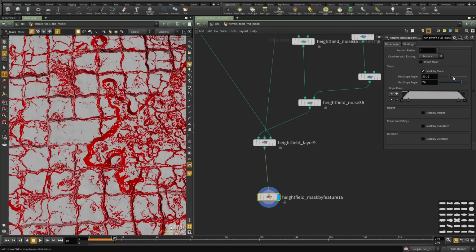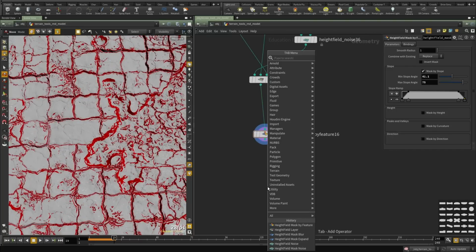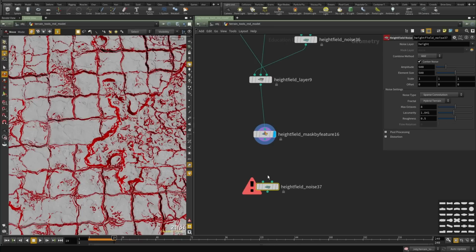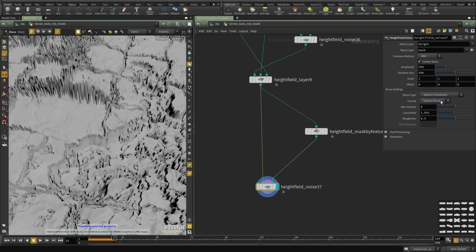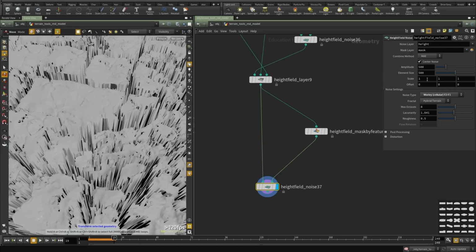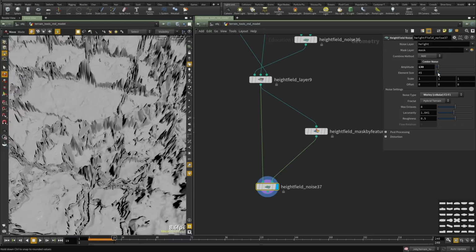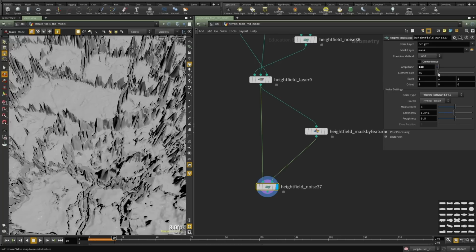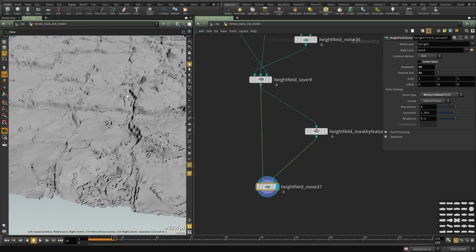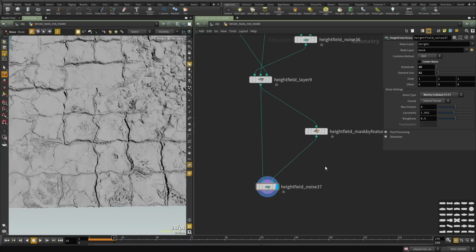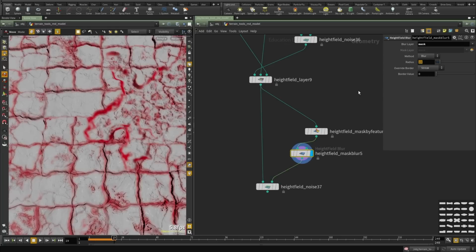So for example, let's isolate that, and let's create a noise. And this noise, I'm gonna make something different. So I'm going to change it to F2 minus F1. Let's turn off center, and let's reduce the size so that we can see the actual pebbles or rocks. And you can see them here. And let's blur this mask just a tiny bit. That's too much, so let's say 3,